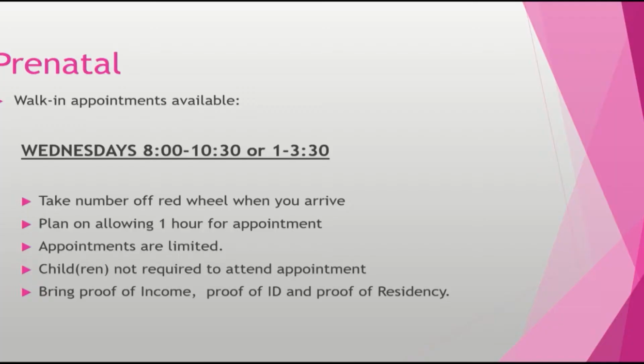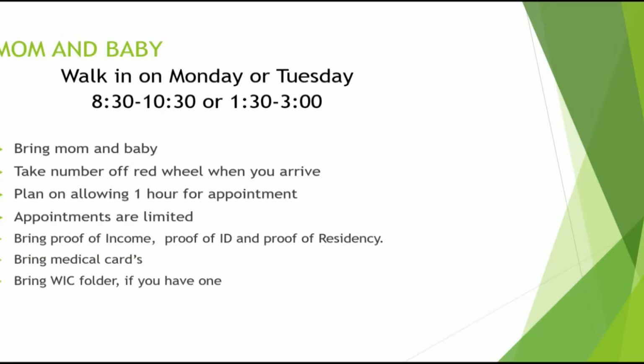Sure. So, how do people register? How do they know about it? How do they get signed on, I guess? Prenatals are seen, we usually see them in our office on Wednesdays at the Joplin Health Department. We see them between 8 and 10:30 or 1 to 3:30 for prenatals. They've got that on the screen for you. That's wonderful. And then the mom and babies, they're seen on Mondays or Tuesdays, 8:30 to 10:30 or 1:30